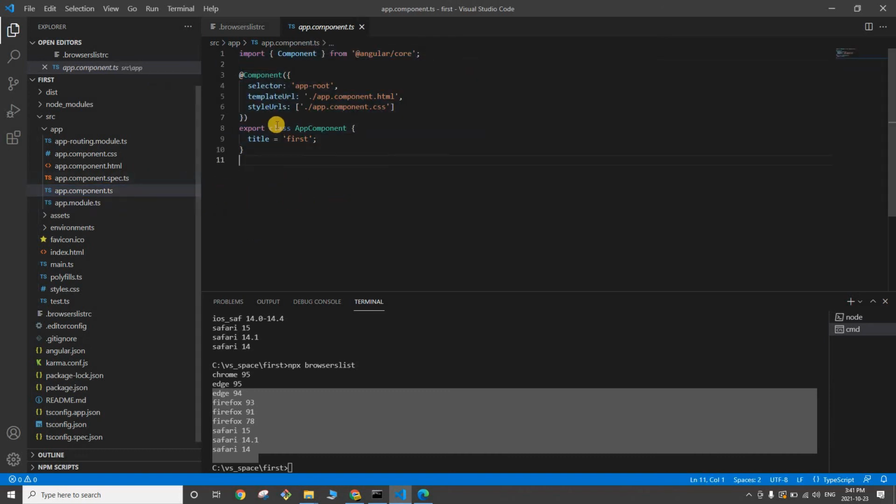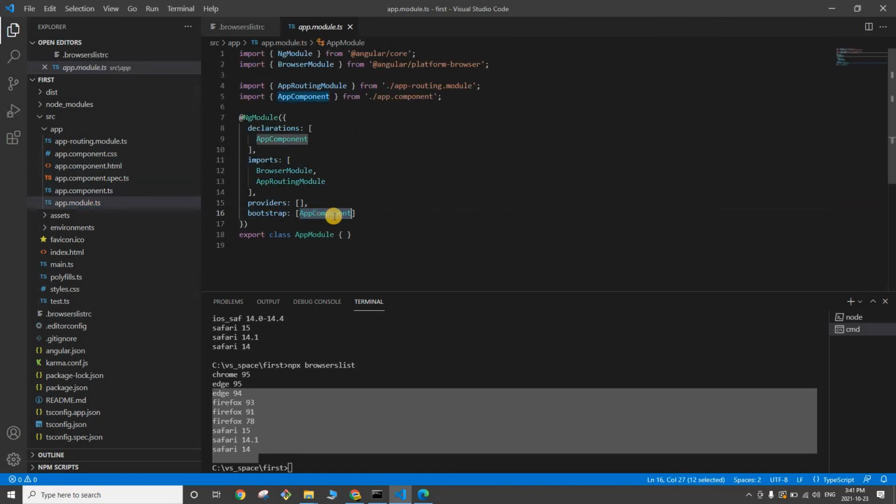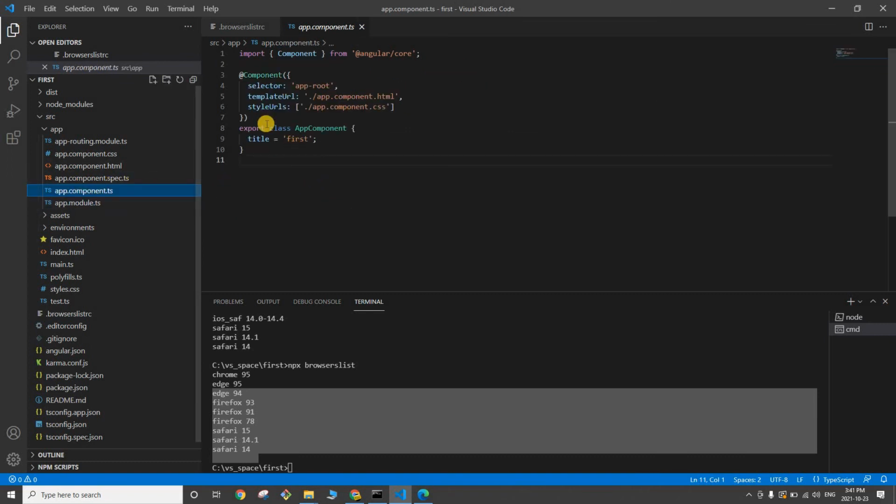Alright guys, this is your component class, app component. If you see here, your app module is using app component, right? So app component is this one. If I go here to the app.component.ts file, what do you see here? This is the very important thing. Selector identifies the components in your application, and this particular component is going to use this particular HTML file, app.component.html, which is this one, and the CSS file used by this particular component.